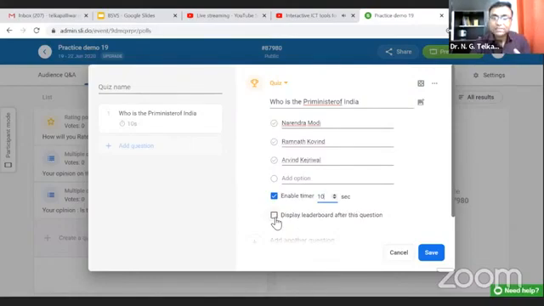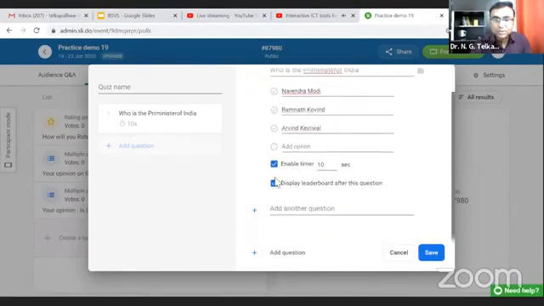You can display simultaneously the ranking of the students, who is giving the correct answer, first, second, third, fourth, etc. It can be visible within that online class also. If you do not want to display it, there is no problem. Here I am clicking display leaderboard after this question. So in this way you can create the quiz.